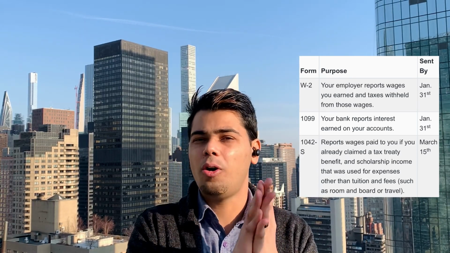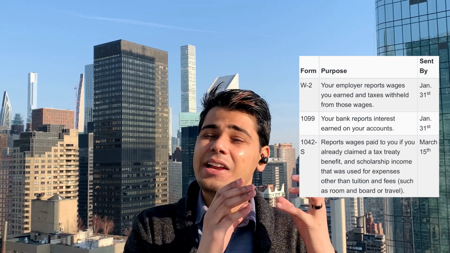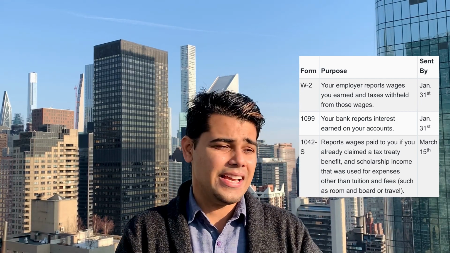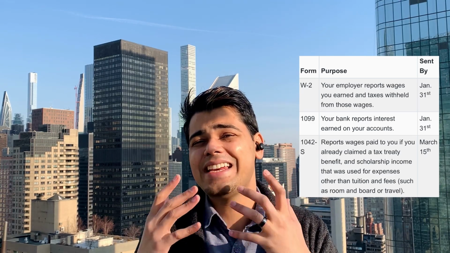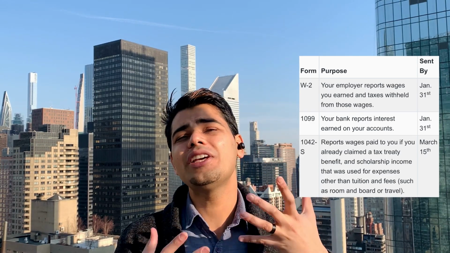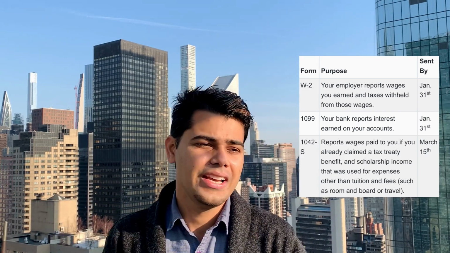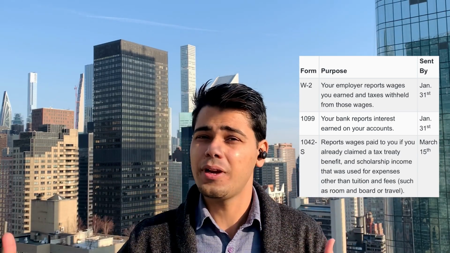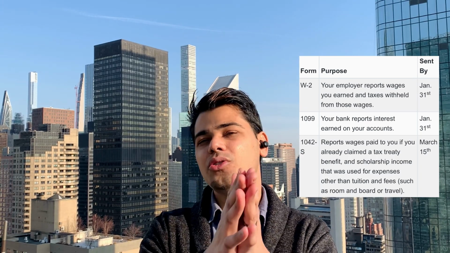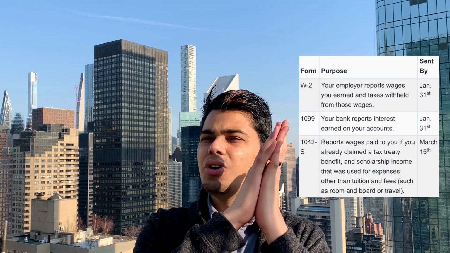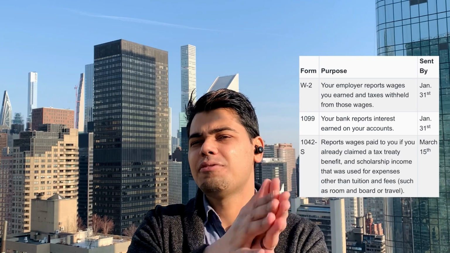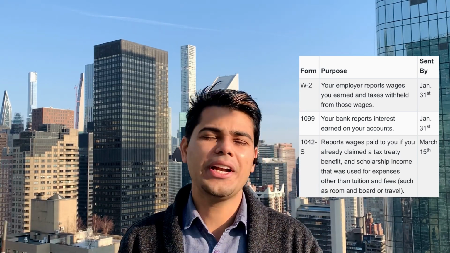So the W2 form is very important. You need that information in order to file your taxes. Another form is the 1099 form, which is usually used to declare if you made any interest on your bank accounts. That might or might not be applicable in your case, but make sure you fill out the W2 form information in your taxes, because it's very important. Without a W2 you cannot file your taxes.